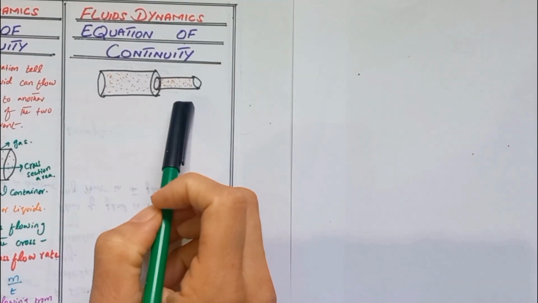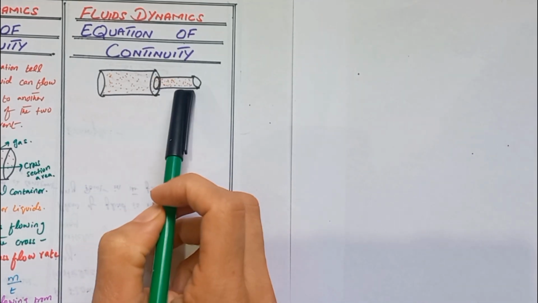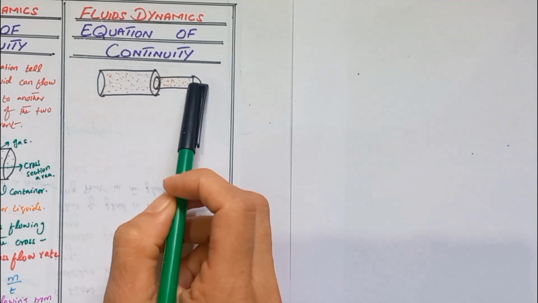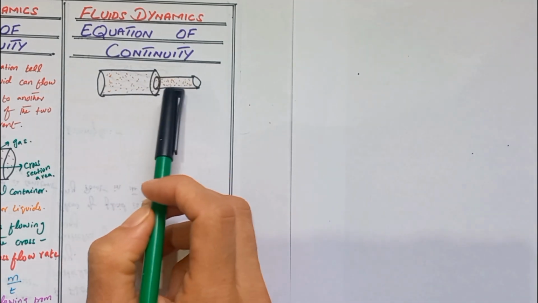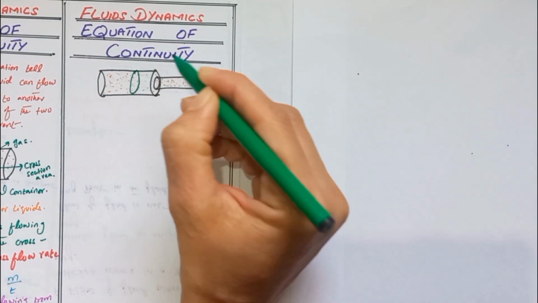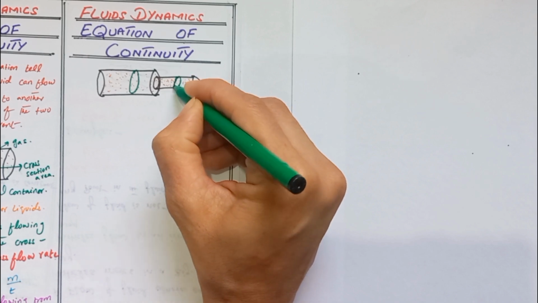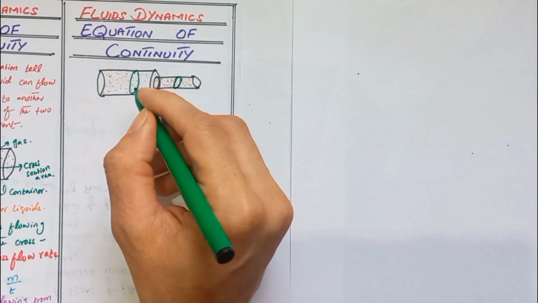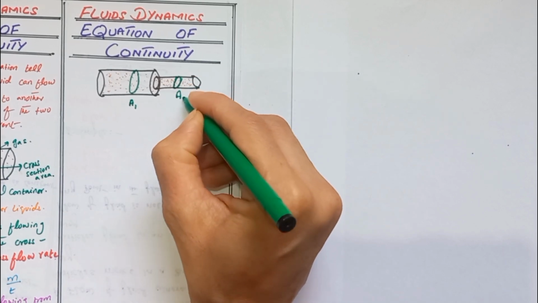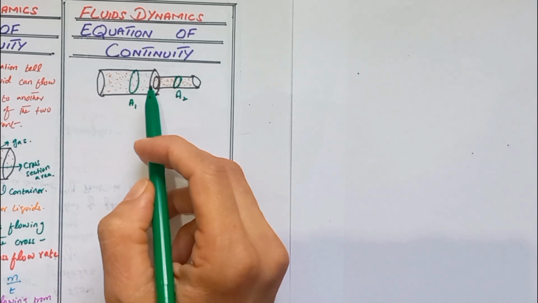Now we imagine a narrow container to the right. In other words, the gas passes into a smaller cross section area. First the gas passes through the wider area, now the gas passes into a smaller cross section area. In the earlier container the cross section area is larger. In the smaller container the cross section area is smaller. So the cross section area in the first container we name A1, and in the second container the cross section area is A2.